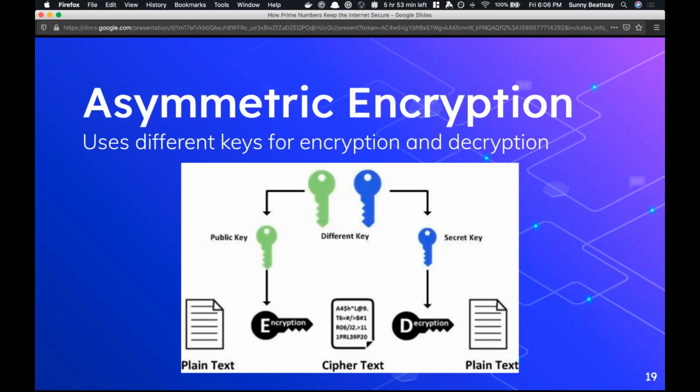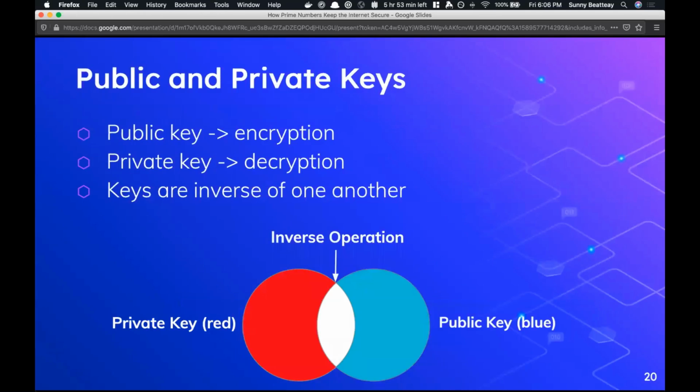And the way that public and private keys work in this case is that they're actually the inverse of one another. So if you use them both together, they essentially cancel one another out. Let's say we had a private key that's the color red. We would need a public key that was essentially the inverse or the complement of our private key. So if I had a private key that was red, my public key would be blue. And if we use them together, we actually cancel each other out into the color white. And since we cancel each other out, that's how we're able to get back to the original message.